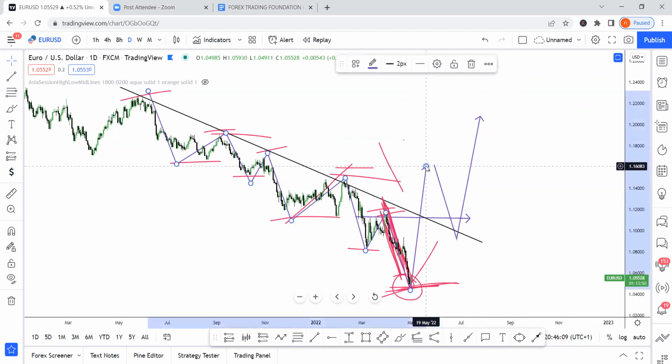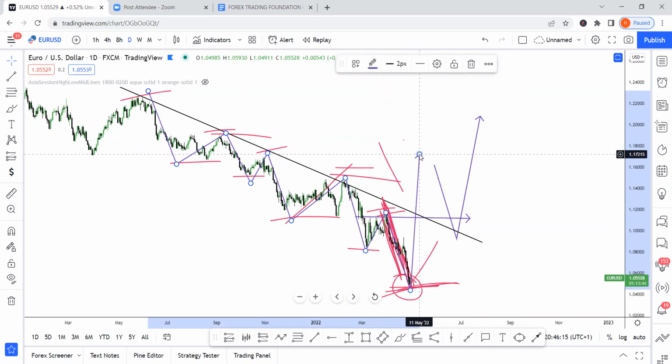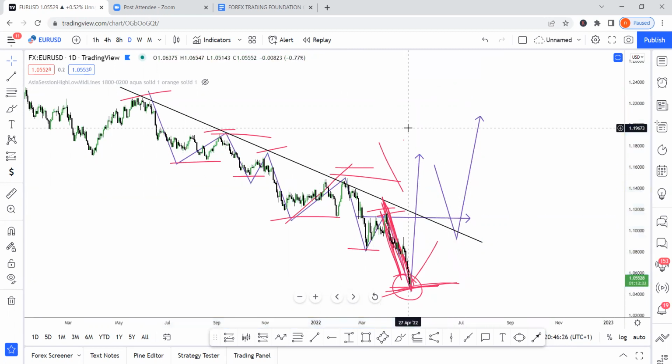After you have broken this level here to the upside, that signifies a push to the upside because you have broken the last high here. So you are no longer looking for sell. You are looking for a buy. So now Fibonacci theory will give you the idea of how much